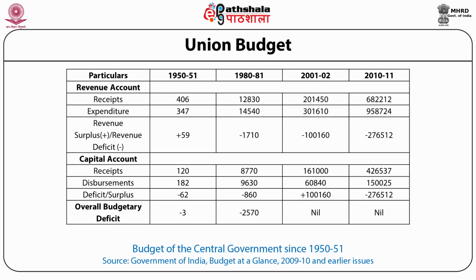And when we look at the revenue surplus or revenue deficit, India had a revenue surplus in 1950-51 to the tune of 59 crores. But afterwards, a revenue deficit has been observed for the later years as given in the table. If we look at the 2010-2011 figures, the revenue deficit was